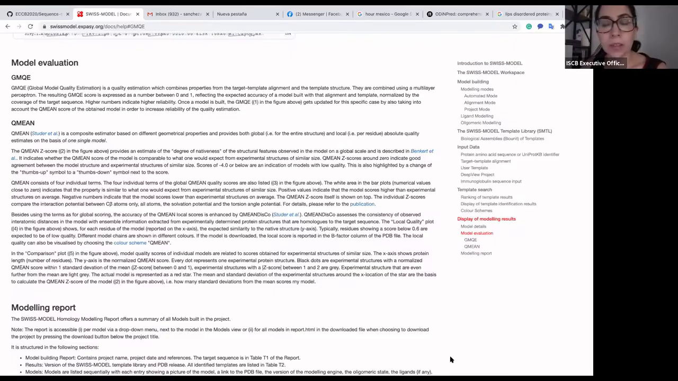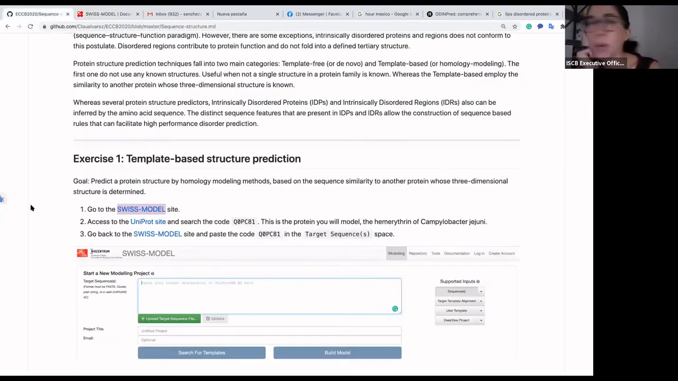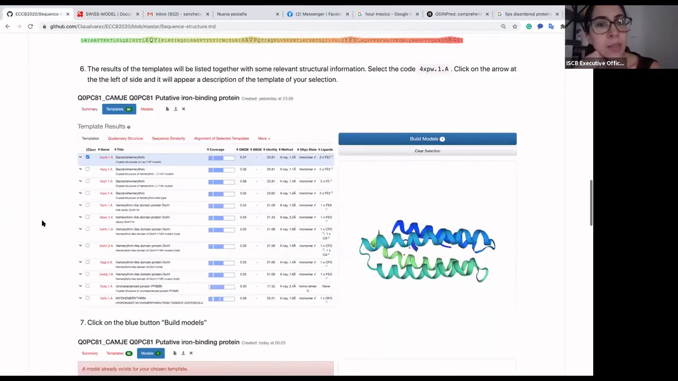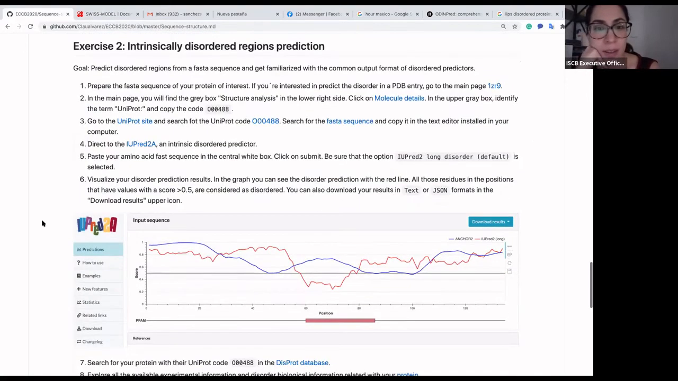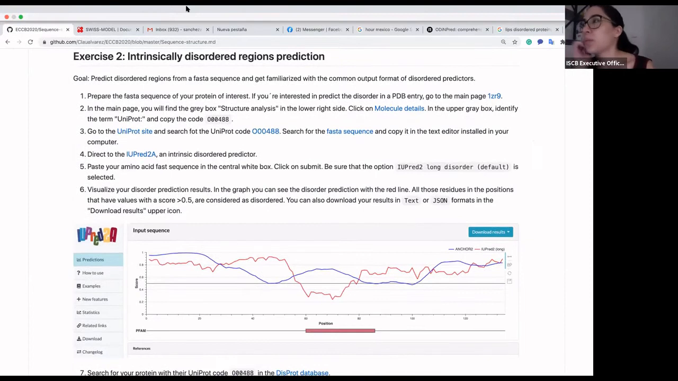Okay, we have a few more minutes to finish this exercise. I just wanted to make a comment. The Swiss model server is one of the fastest to do protein structure prediction. There are others like the I-TASSER and